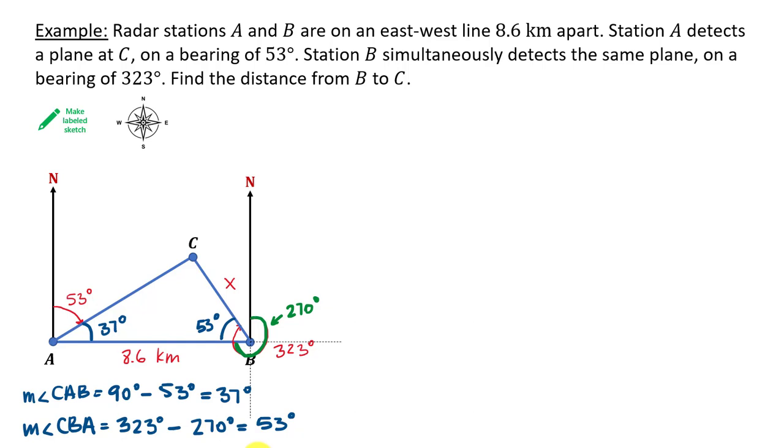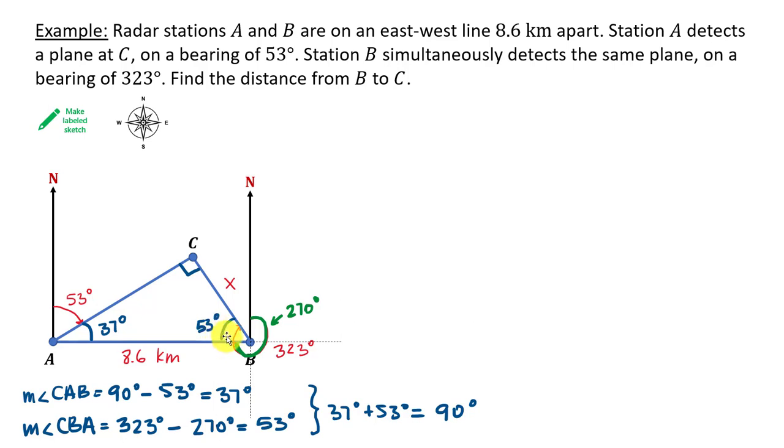But notice the following. If we add those two together, 37 degrees plus 53 degrees, we're going to get 90. So together, angle A, I'm going to call it this way, and angle B equal 90 degrees. What does this tell us about angle C? Well, it has to be 90, right? So it has to be the right angle, so that all three of them add up to 180. And that is great news, because we're looking at a right triangle, and we already have quite a lot of experience finding unknown sides